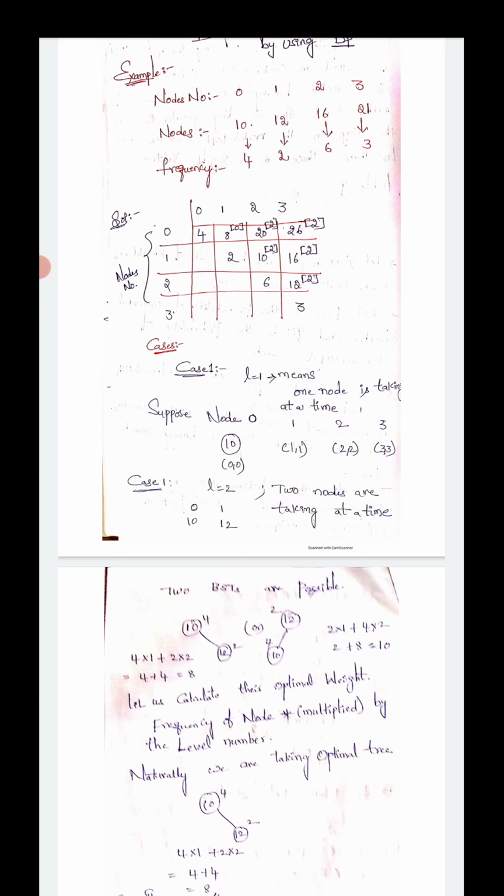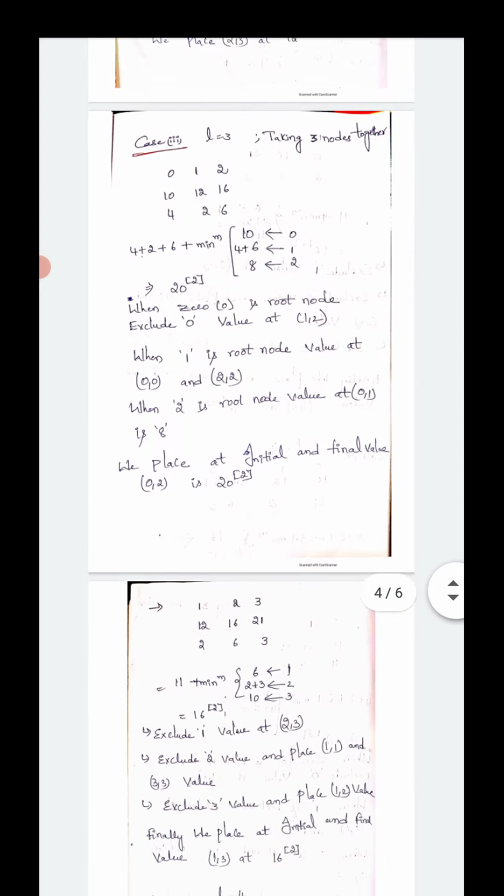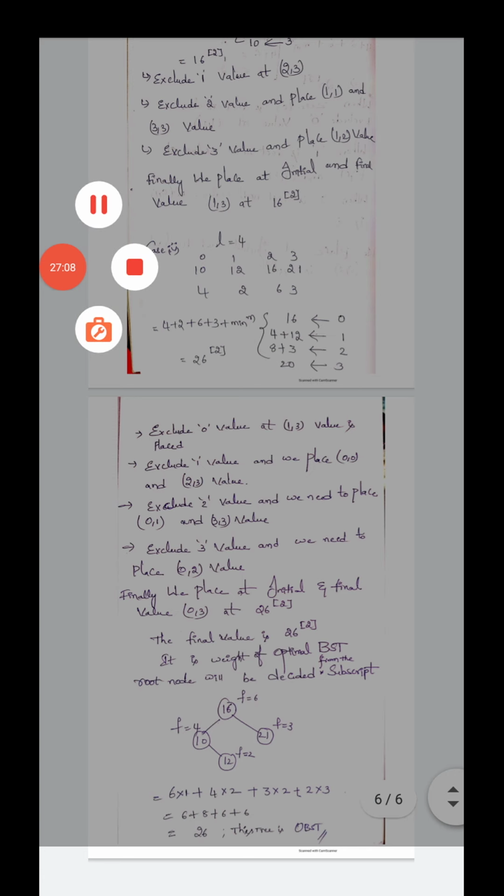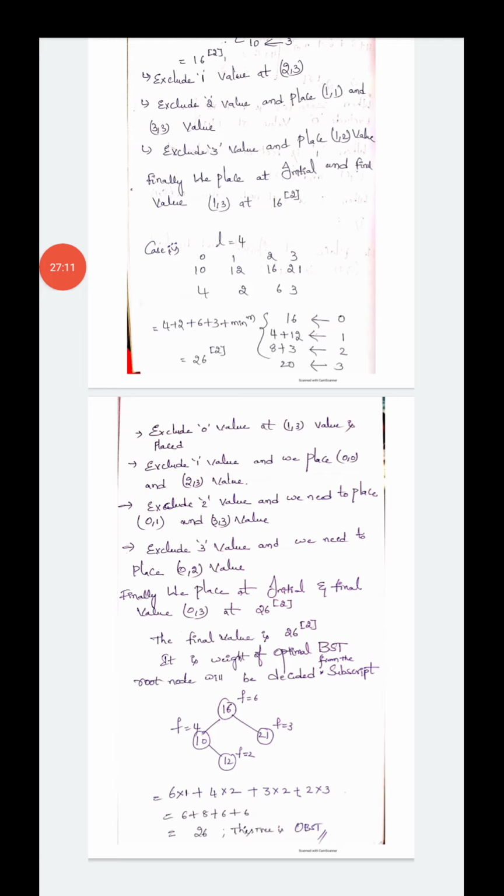Here 16 is the root node, and the higher element is 21. If we take 16, 10, 21, 12, how can we take them? It is the weight of the optimal binary search tree. The root node will be decided from the subscript itself.